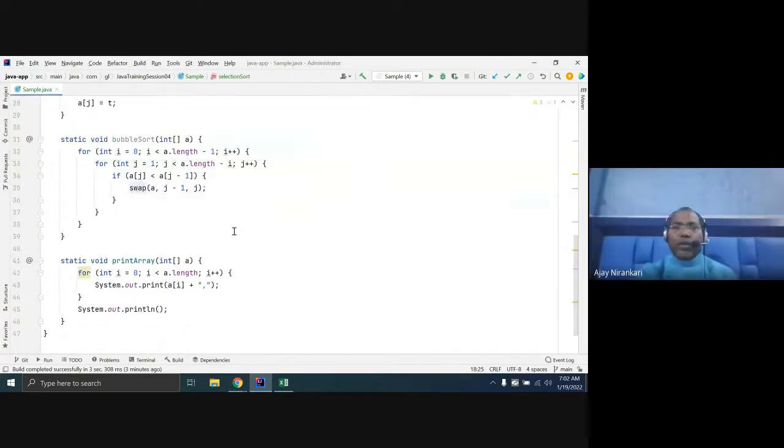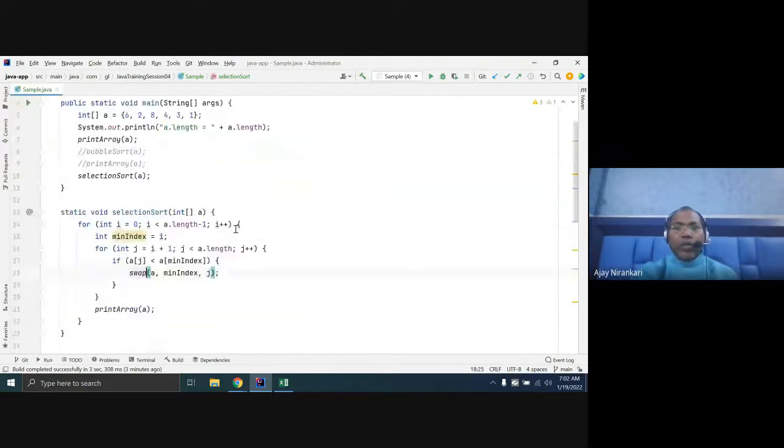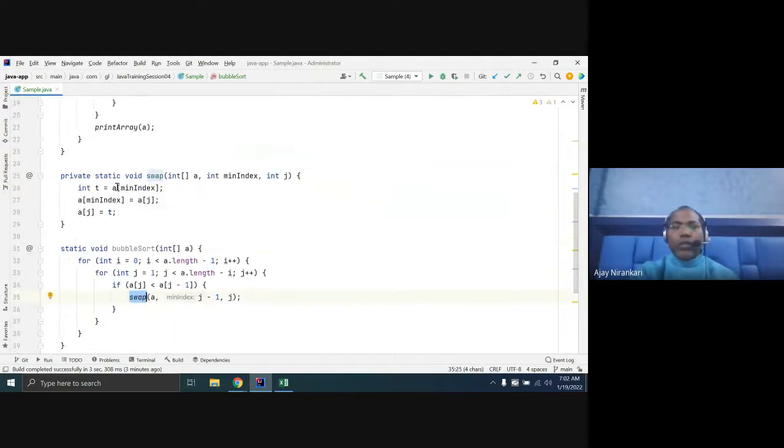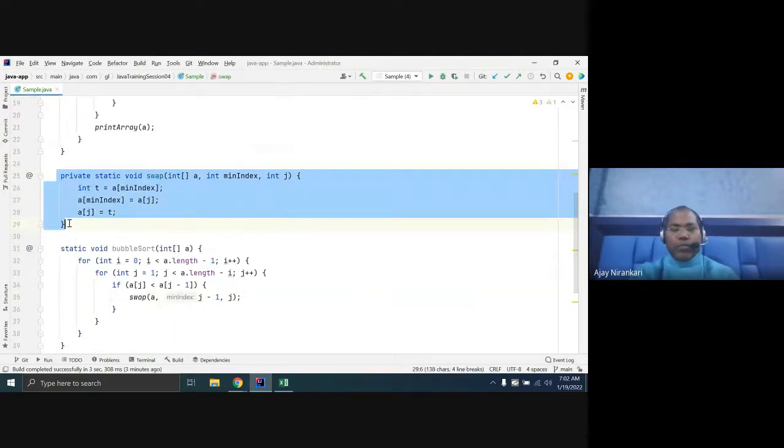Replace all. So here you notice our code is so small. You are just comparing, and if something, just swap the number. Similarly in the bubble loop, you are comparing and swapping the number. So that someone can say here we are swapping. This is your swap method.